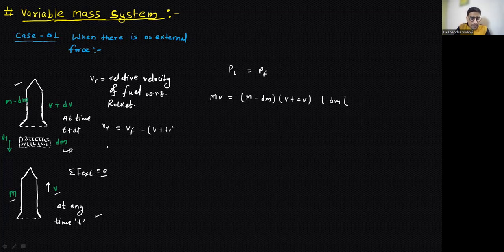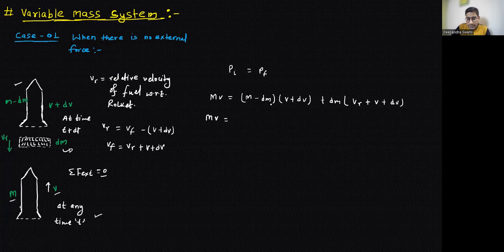So the velocity of the fuel can be written as v relative plus v plus dv. Now if we put this value in for v fuel, v relative plus v plus dv,